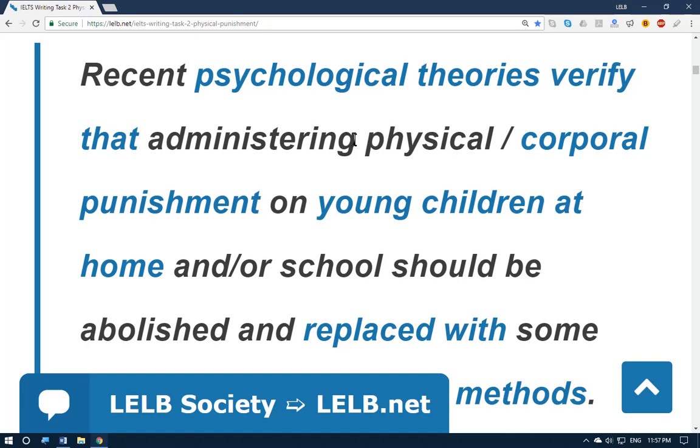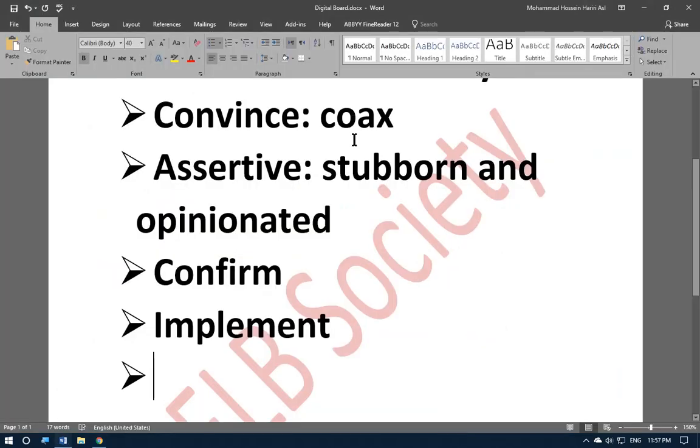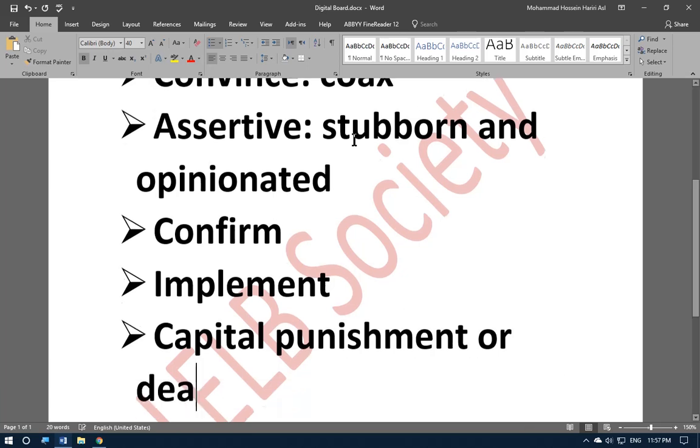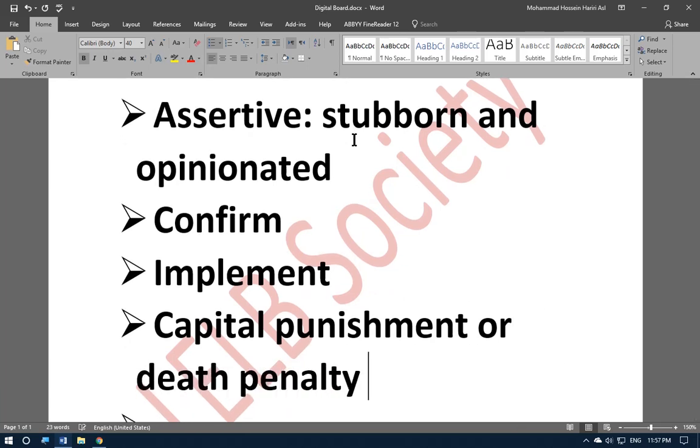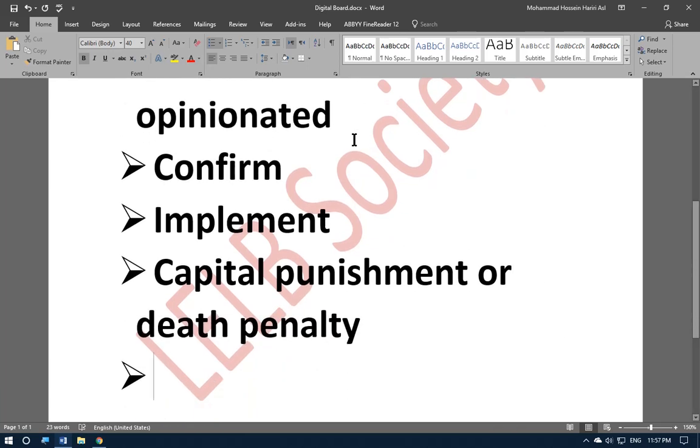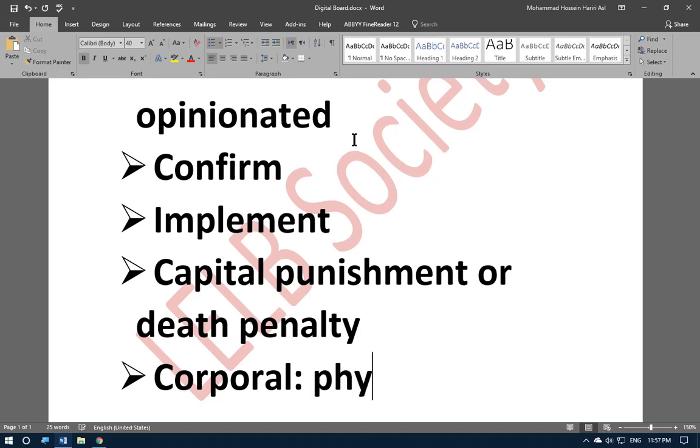Corporal means physical. It's different from, let's say, capital punishment. That is capital punishment or death penalty. It's different. Here we are talking about corporal, which means physical